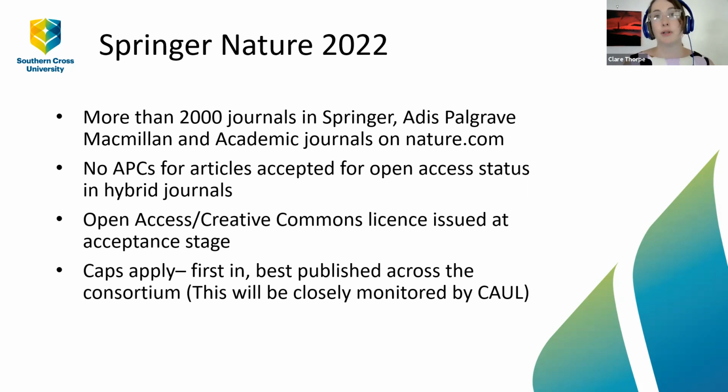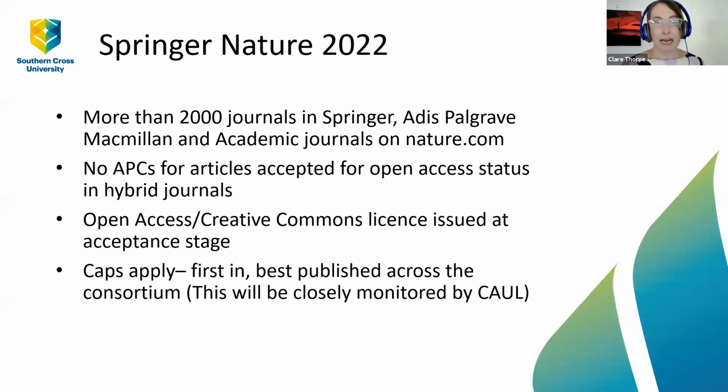Now, I had an example on screen earlier from Springer Open, which is Springer's Gold Open Access publishing arm. This agreement doesn't cover those Gold Open Access journals because they are under a different funding model. I don't pay a subscription to those. So this is just for a very extensive list of more than 2,000 journals that are in that hybrid model. So this is where the who-pays-what stuff comes into the open access conversation and can get a bit confusing. It does offer you a range of different Creative Commons licenses.